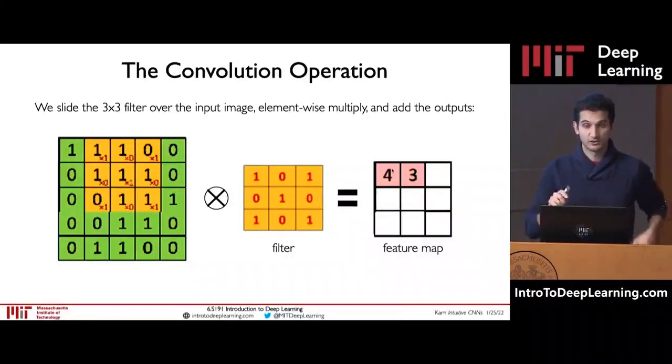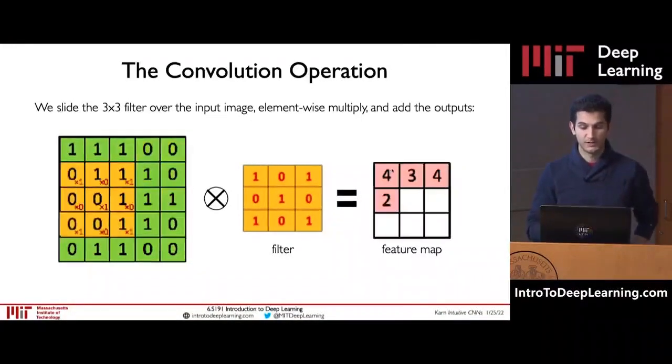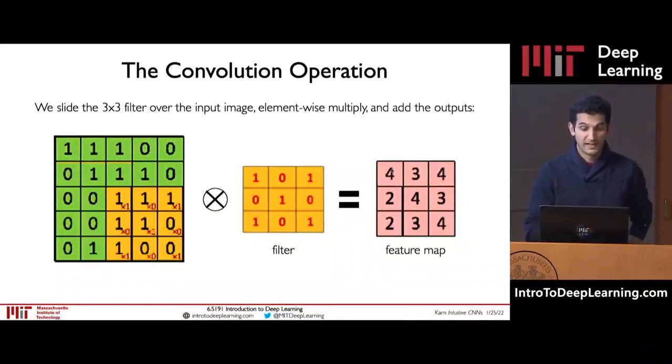Next time we slide the filter across the image, we're going to have a new set of input pixels that we're going to element-wise multiply with, add up the result, and we'll get 3. And we can keep repeating this all over the image as we slide across it. And that's it. Once we get to the end of the image, now we have a feature map on the right-hand side that denotes at every single location the strength of detecting that filter or that feature at that location